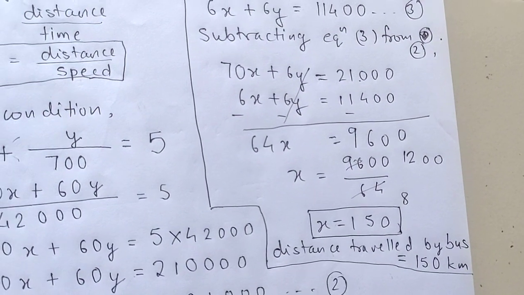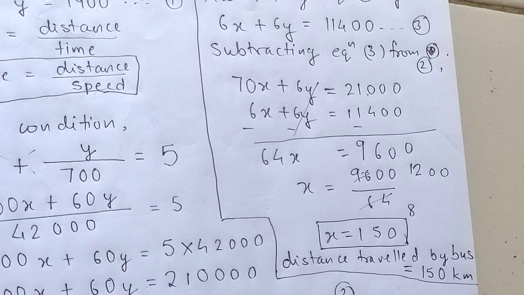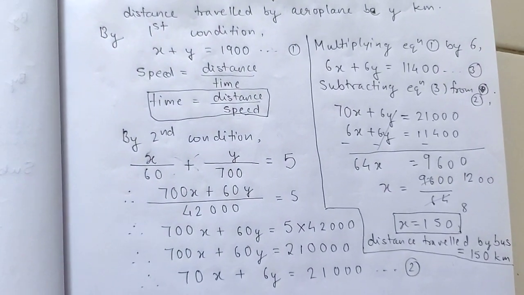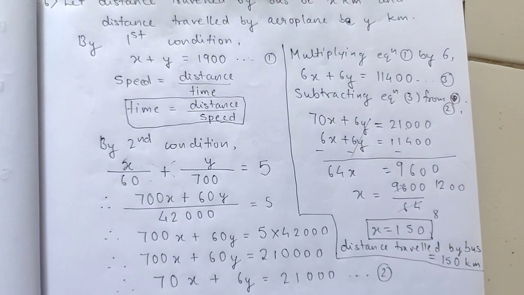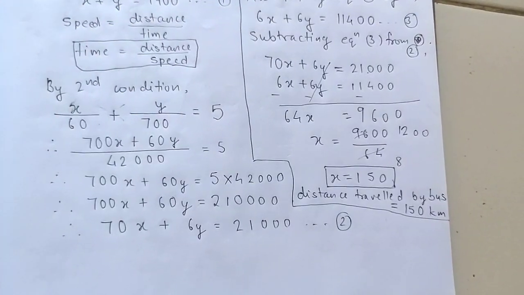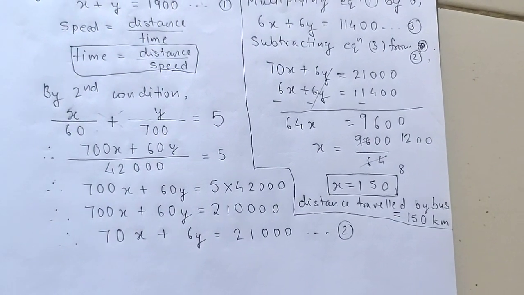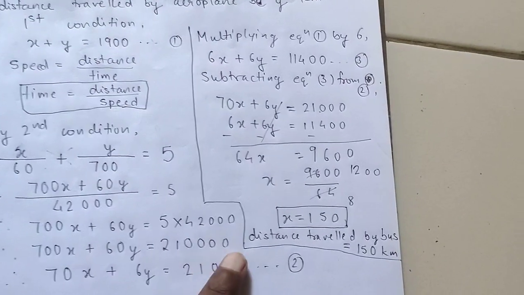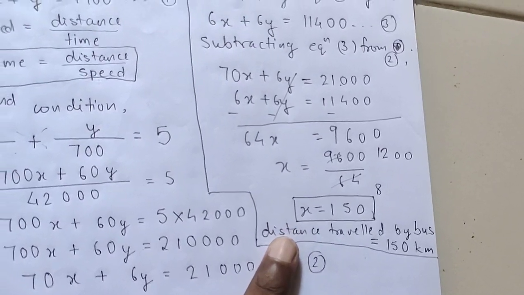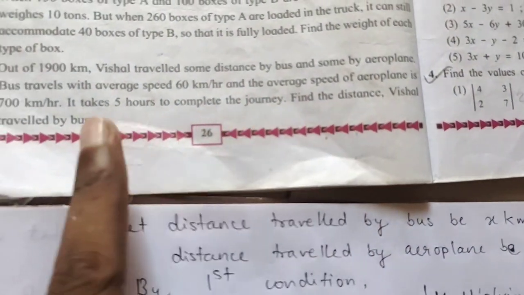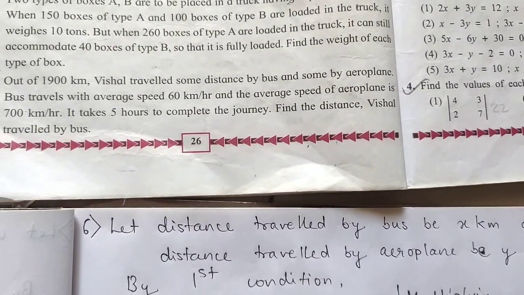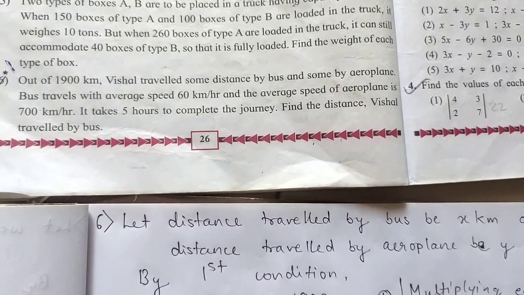Okay, so in this way I have completed this question also. Now you can see the solution. It is very simple. Remember what I have used? I have used formula of speed, that is distance upon time, and then after simplifying we got our second equation, and then we have solved equation 1 and equation 2 simultaneously to get the value of x. See, in this question we are required value of only x, we don't need y, because in the question what is asked is to find the distance traveled by bus. So that is why we are going to find out only the value of x.